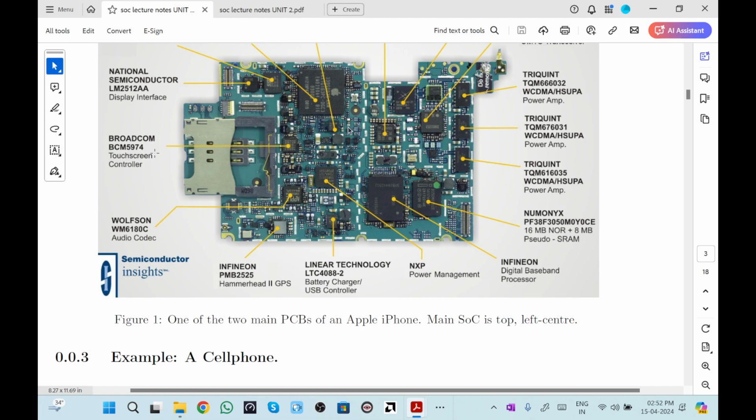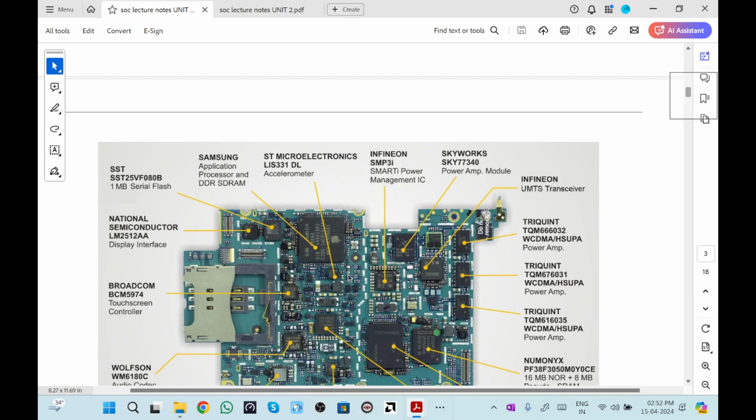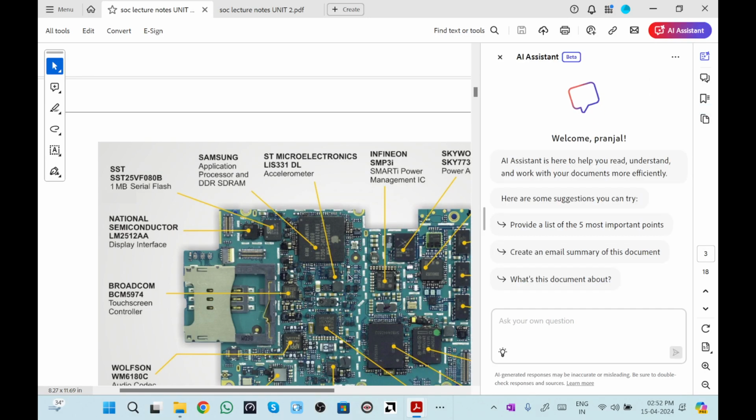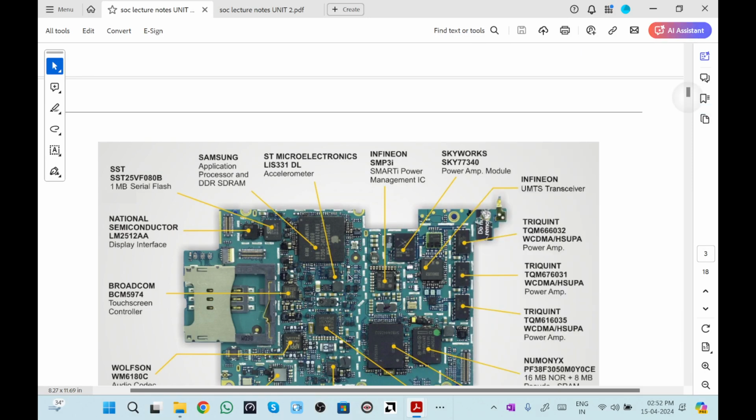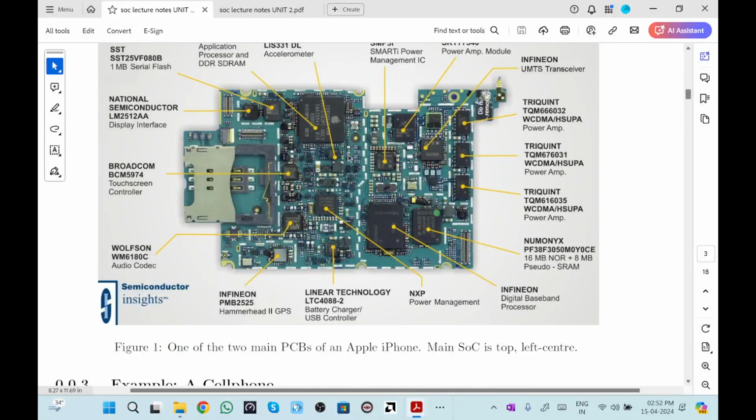Now we have the Broadcom touchscreen controller. Nowadays we are almost all using touchscreen phones, and a touchscreen has its own interface. The touchscreen panel has multiple inputs and multiple sets of instructions by which we can handle different conditions.